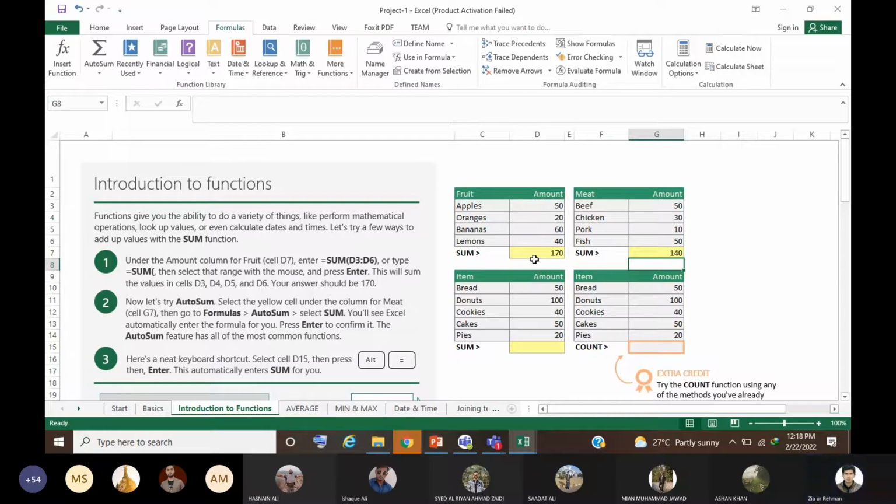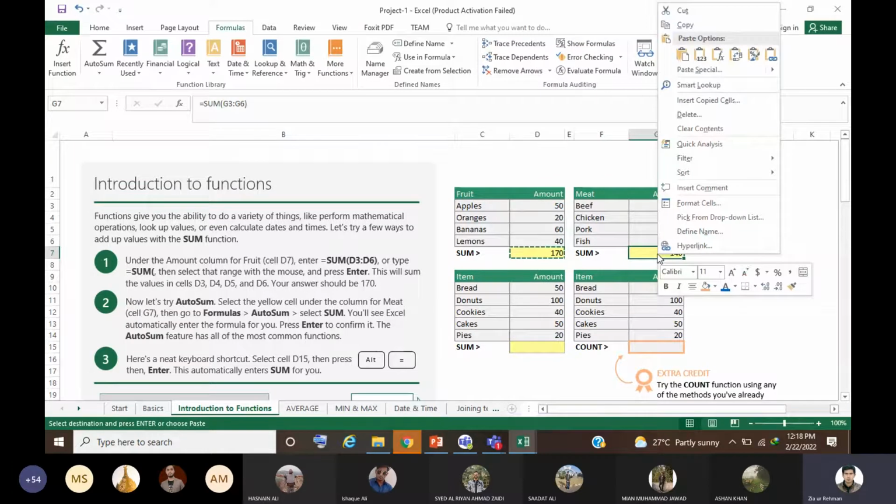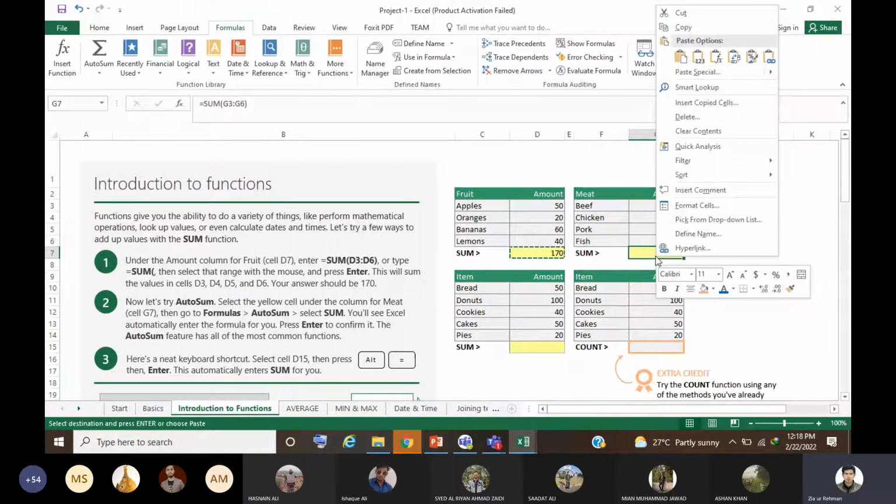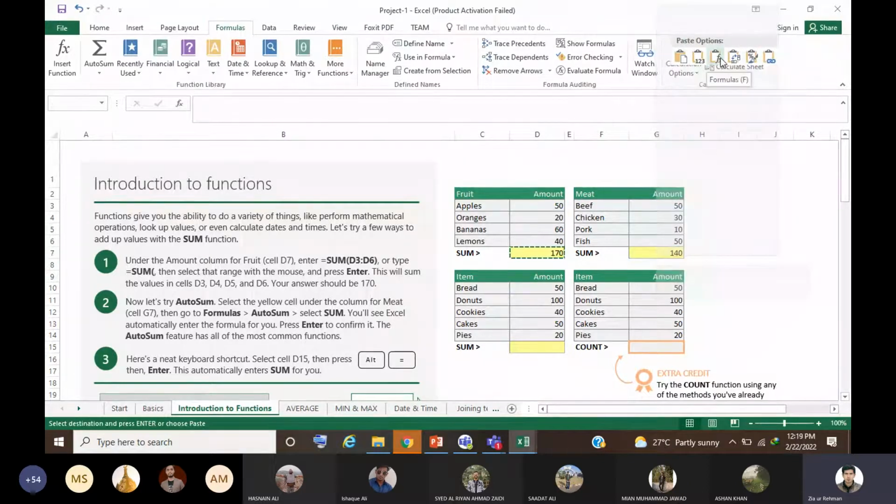Or let's say you copy the formula, and then when you right click to paste it, you see that there are plenty of options. If you want to paste the formula, you could use this option. It means that you would paste the formula here. Now if, instead of formula, I paste value here, you see that instead of pasting the formula, it has pasted this 170 value.